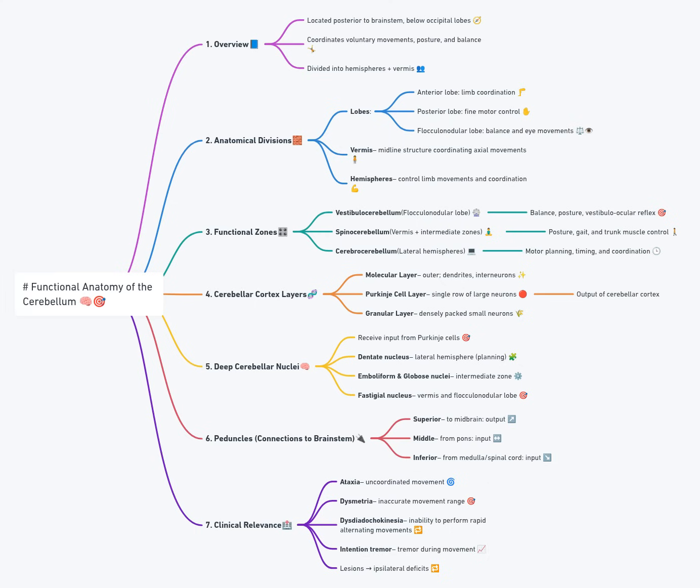This fine-tuning underlies smooth execution of complex movements, rapid learning of new motor skills, and adaptive responses to changing environments. Beyond motor control, the cerebellum contributes to cognitive processes, language sequencing, attention shifting, and emotional regulation via its connections with prefrontal and parietal cortices. Modern imaging and lesion studies reveal subtle deficits in planning, set shifting, and even affective disturbances after cerebellar damage, highlighting